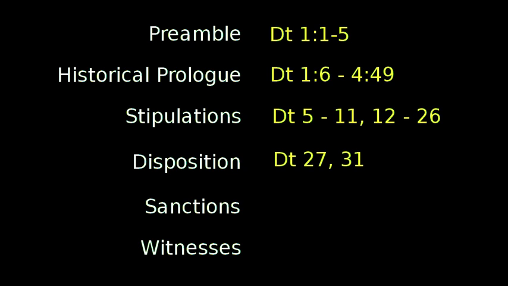4, disposition and regular reading. The law is to be inscribed on stone at Mount Ebal. The Torah written by Moses and placed in the ark is to be read in public at a national assembly by the king every 7 years. Sanctions and curses, that's chapters 28, 29, and 30. Famous blessings and cursings, part of it. And then finally the witness is chapter 30:19 through 32:21, which is where he calls heaven and earth as witness. So what Deuteronomy is basically, is a legal written covenant between God and the people of Israel.